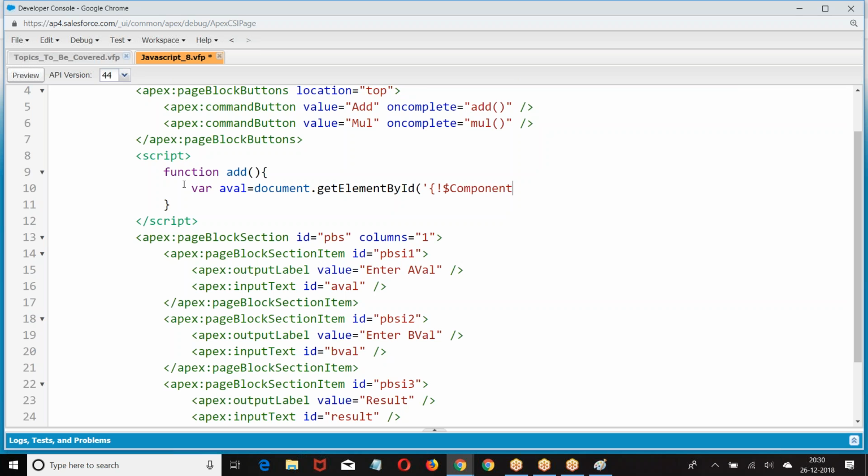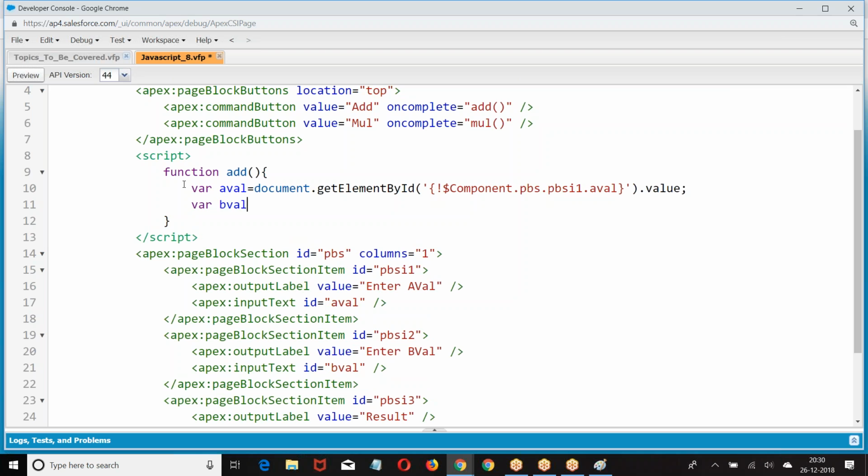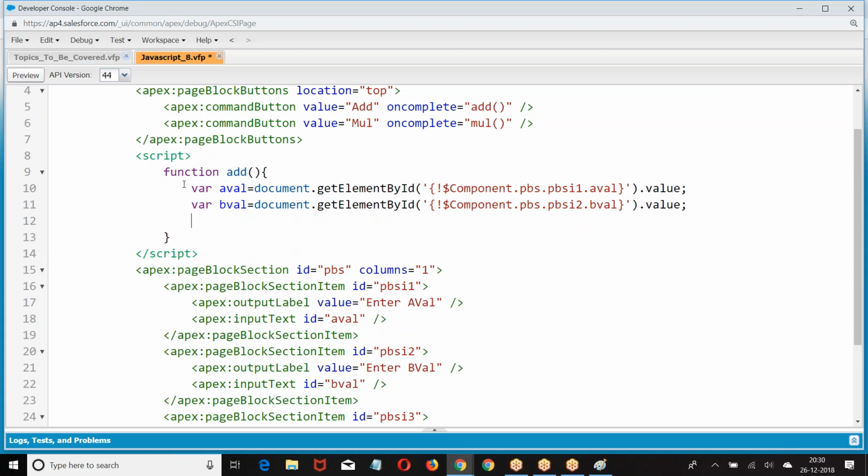Dollar component dot page block section item 1 dot. This is how we got, where result equal to